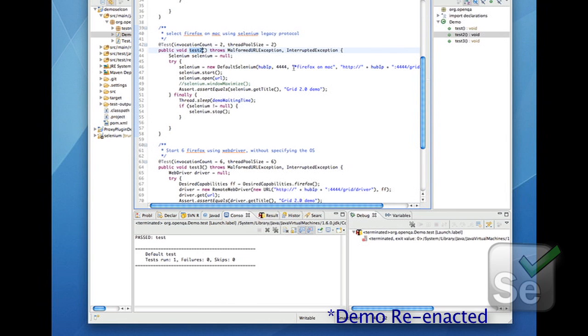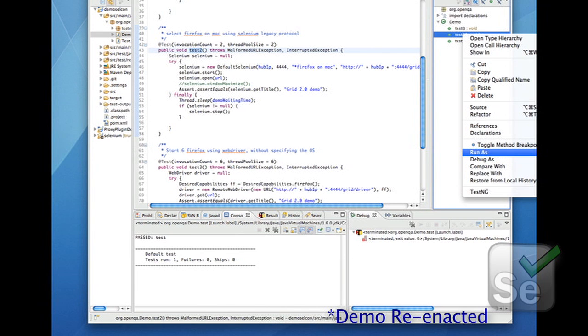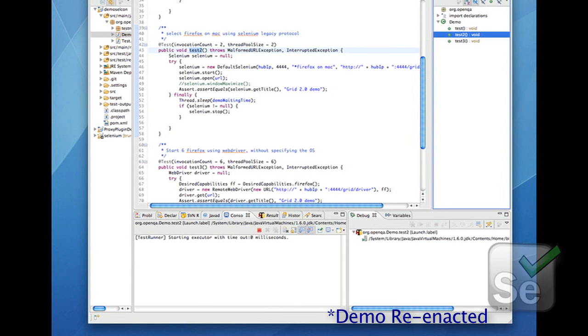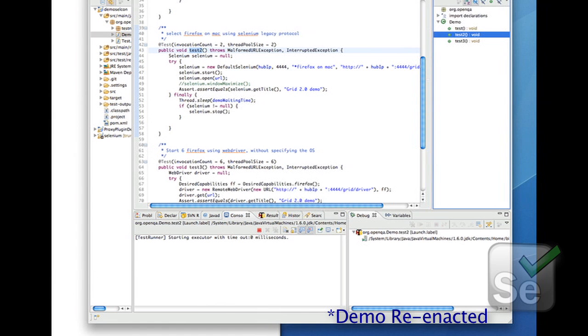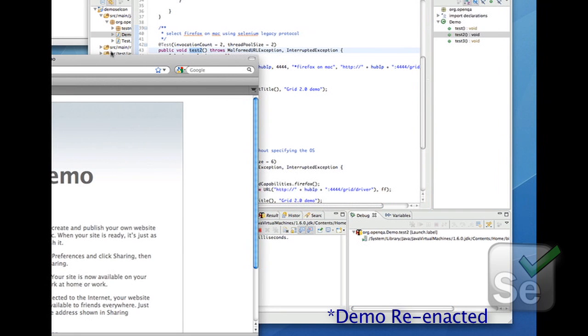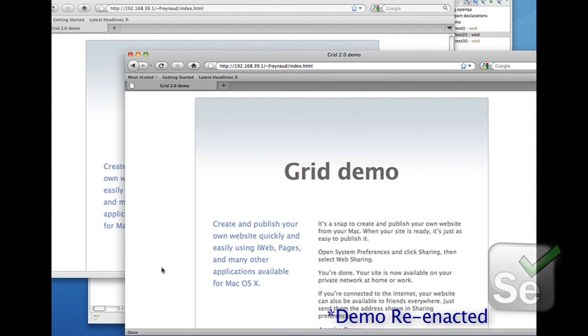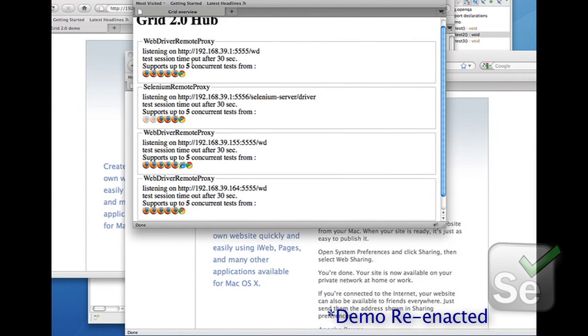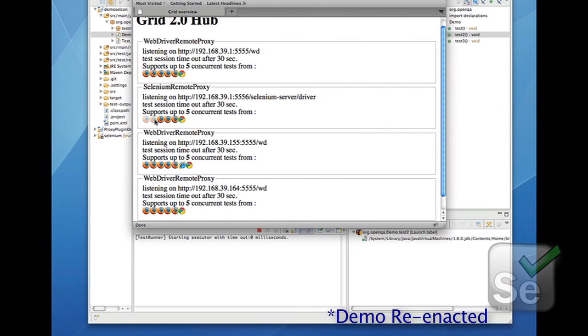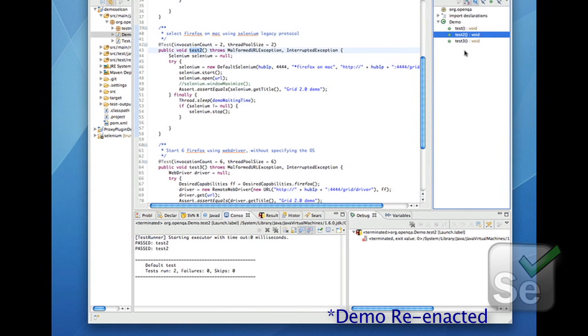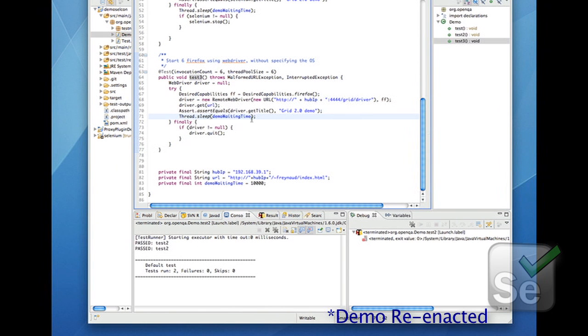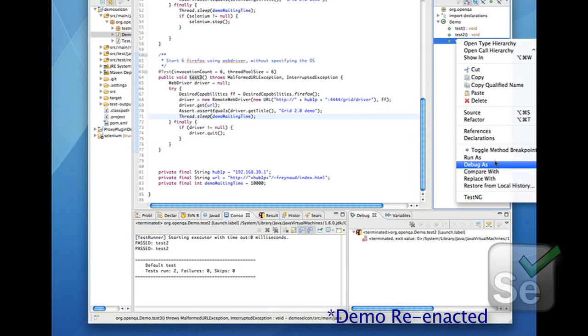With WebDriver, you use the remote proxy the same way you would use it to access the direct WebDriver, and you specify what you want to do with the desired capability. So on this one, I want to specifically target the Ubuntu VM. So I specify platform Linux. You run the test, and you should see if everything works. So the Ubuntu VM running the test. Everything's passing, and I'll do a last test